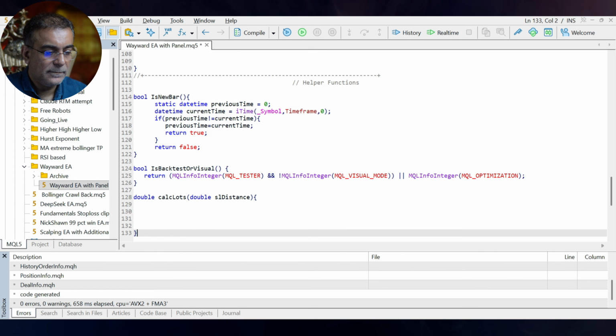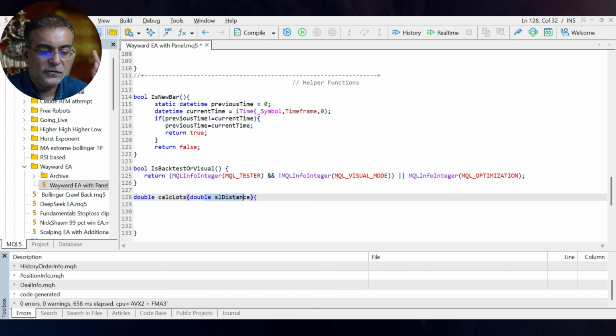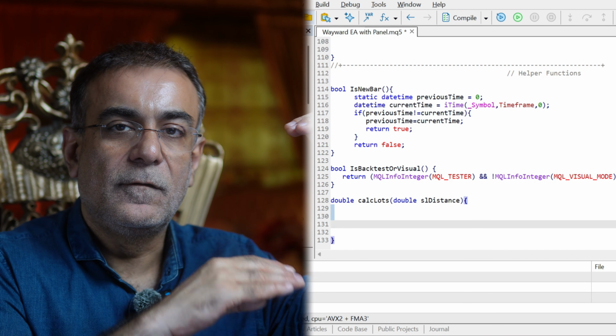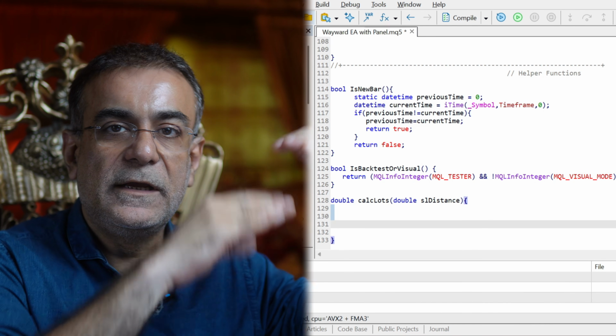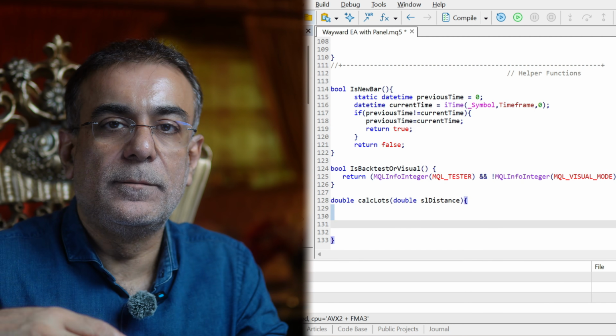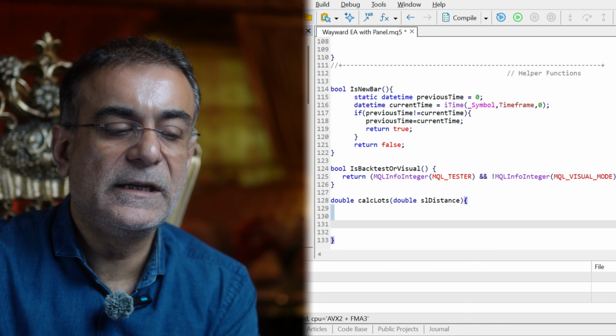Create a function by the name calclots, and we're going to send to it the stop loss distance, because the calculation here is going to be based on the distance between when the trade is taken versus the stop loss, how big the stop loss is. And that is going to determine what the lot size should be in order to have 2% risk, 3% risk,